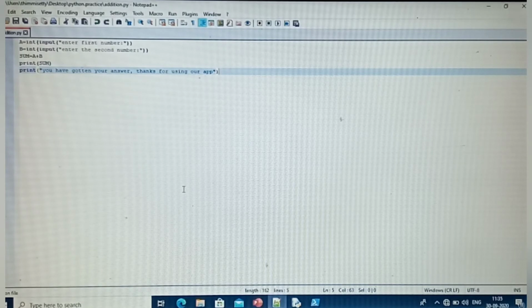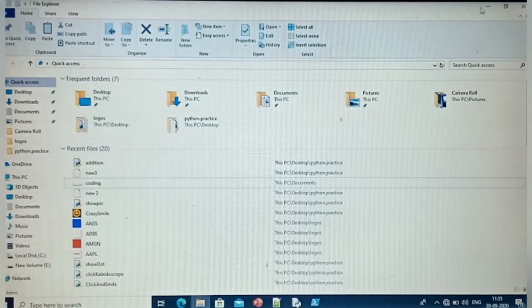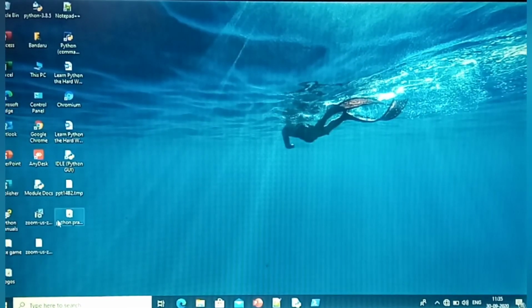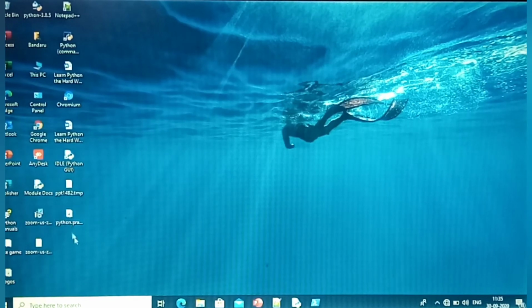And next, now open the PowerShell. So here it is already in Python. We want to go to where we saved that sum. We saved it in a file that is on the desktop. I created a folder for that, named python.practice. So you also create that folder, or use another name. You can keep it wherever you want. I kept that one on the desktop, and all the files whatever I did I will save in that python.practice. So it is on the desktop.